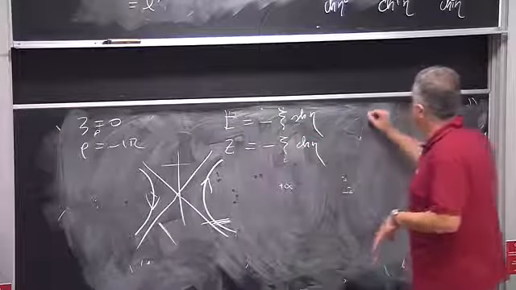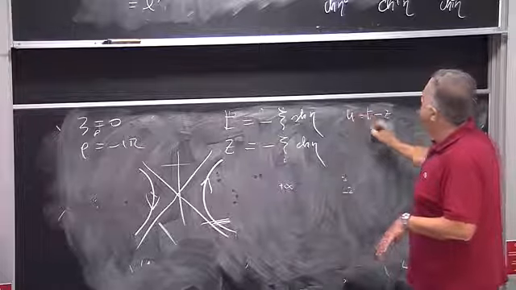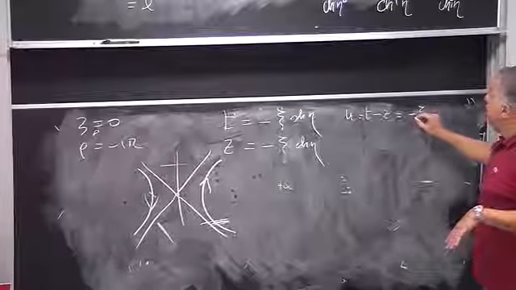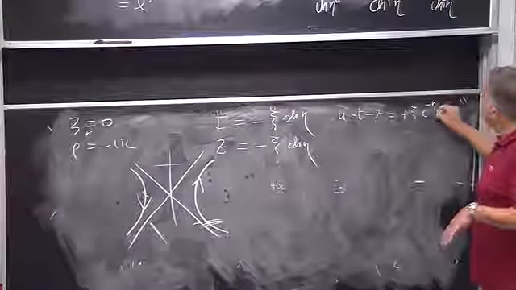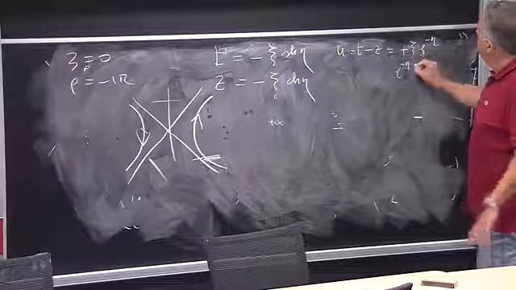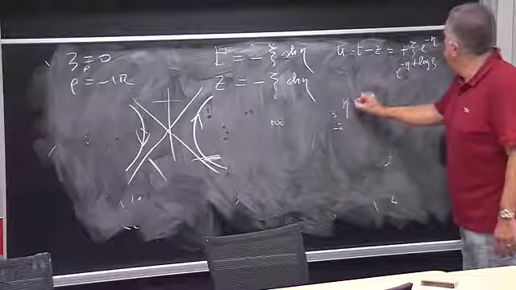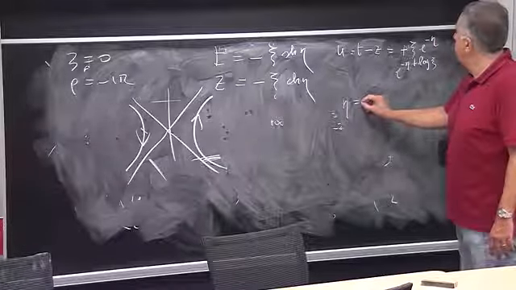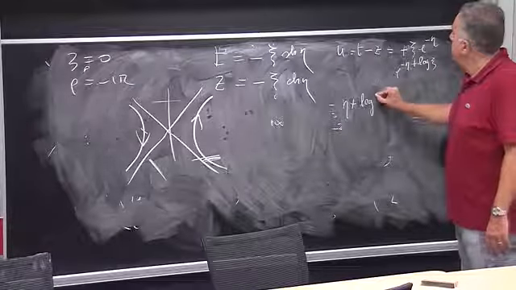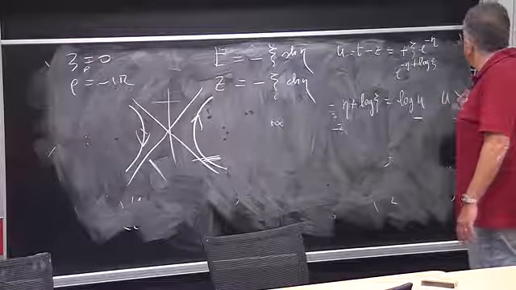So t minus z which is u, now going to be minus psi e to the minus eta, means e to the minus eta plus log psi, so that eta equals minus eta plus log psi equals log u. Remember, u is positive here,